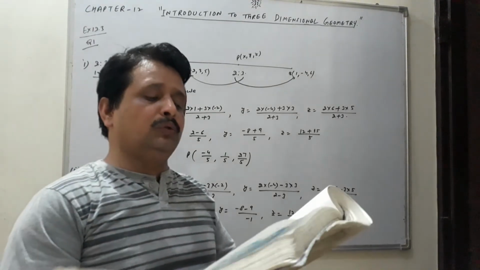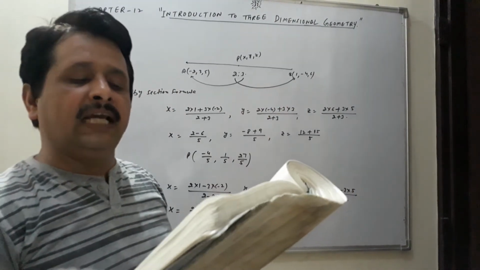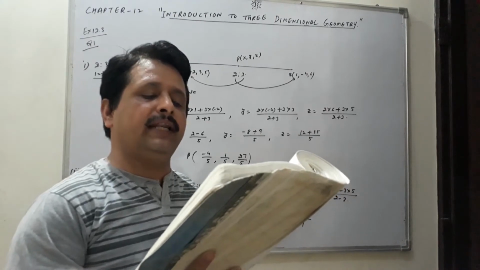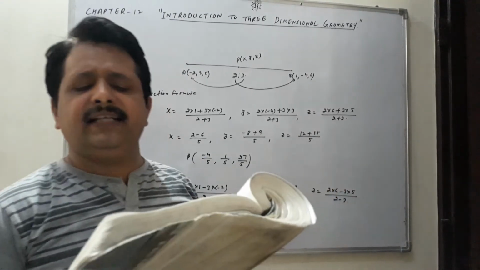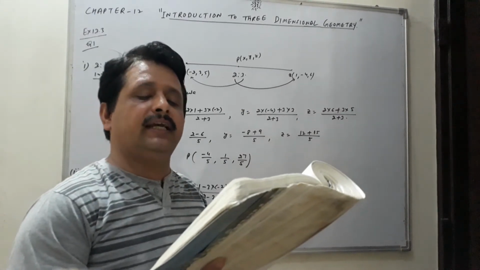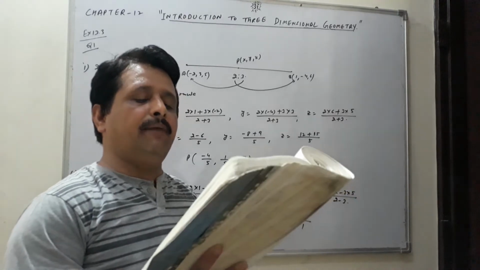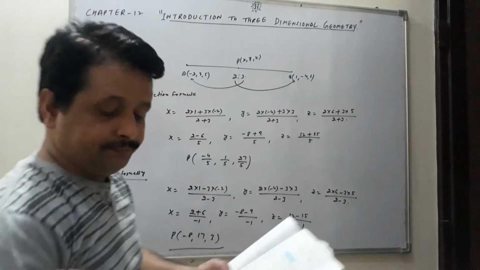Come with the question number 2. In the question number 2, given that this P, Q and R points are collinear, find out the ratio in which the Q divides PR. Very simple question this is, students. Already you have done this type of question, because here we will just use the section formula and we will solve it. I am coming with the question number 3.